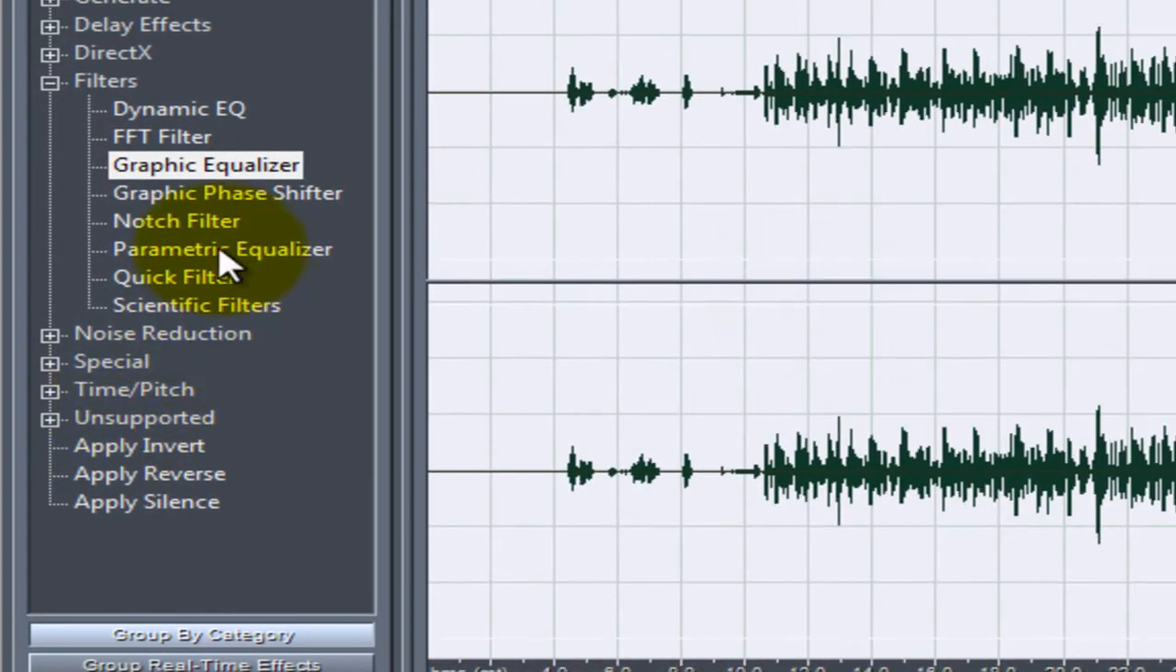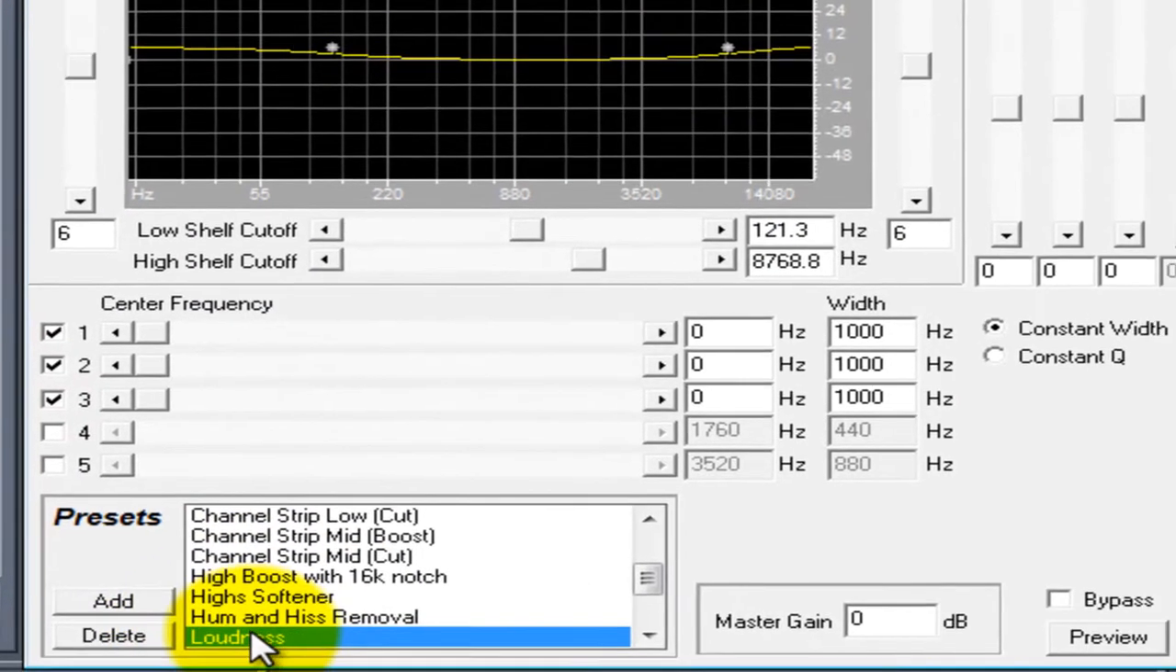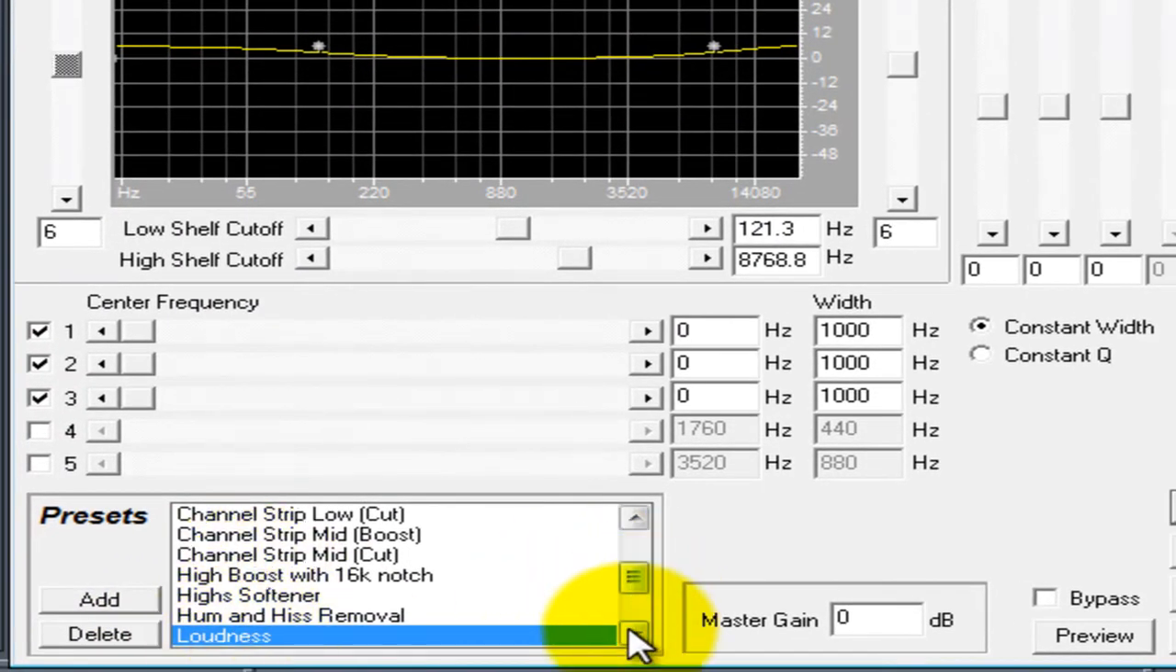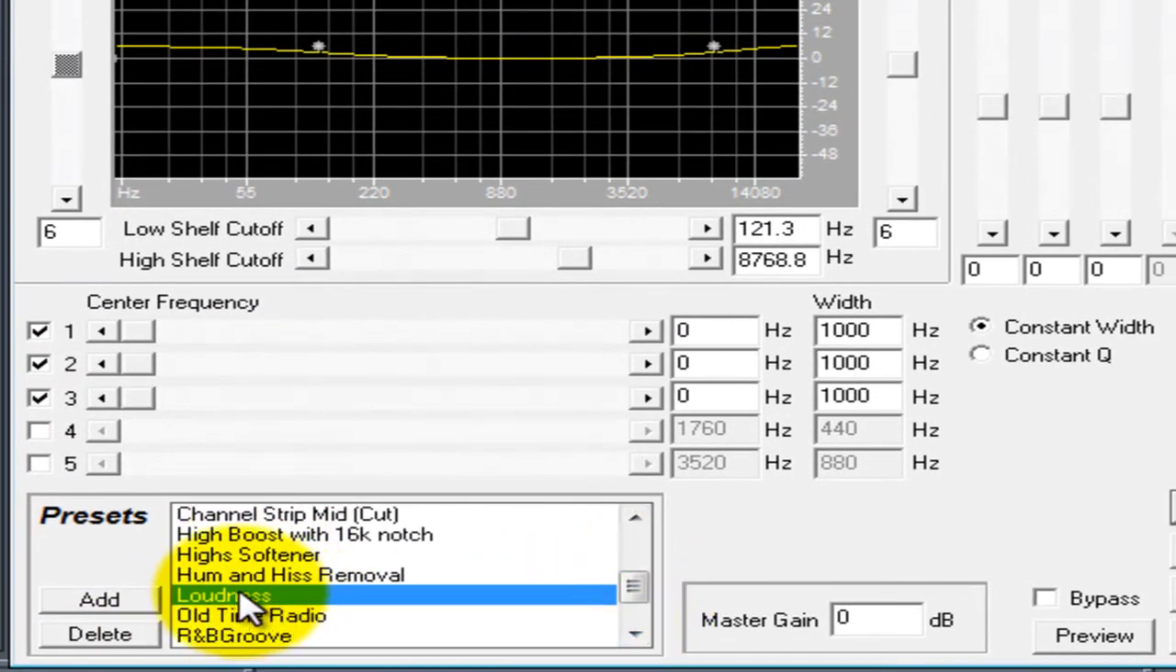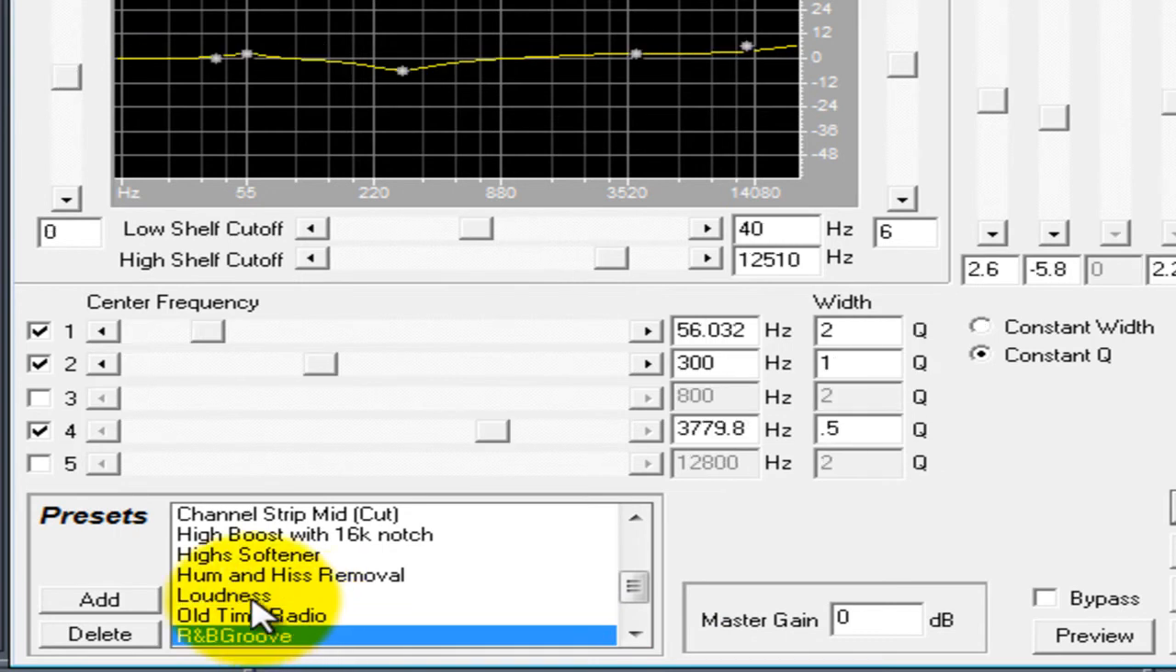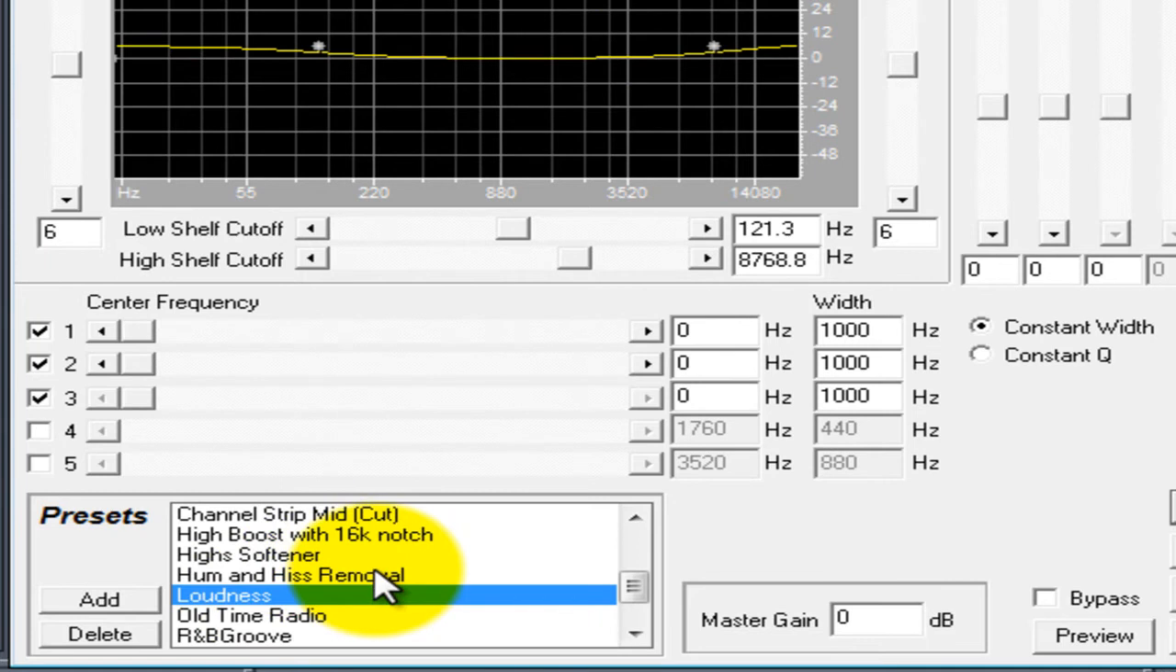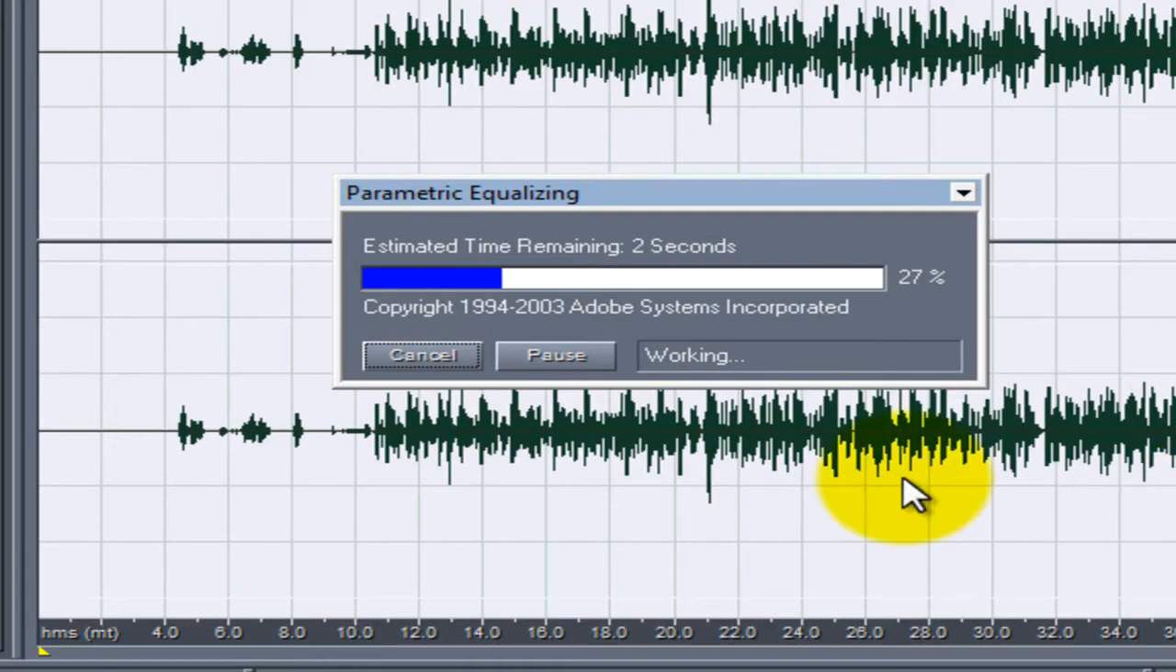Then we'll skip down to parametric equalizer. Now this is debatable. Some people like to use it, some people don't. I used to use R&B groove and mess with this up here a little bit, but we'll do loudness. Some people say it makes their S's stand out a lot more, but if you've got the Waves Diamond bundle, that means you've got a de-esser, so we'll be able to fix that. And I'll show you that too. So we're going to put on loudness,